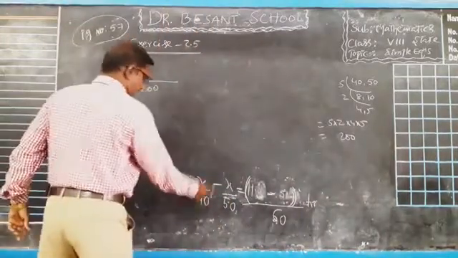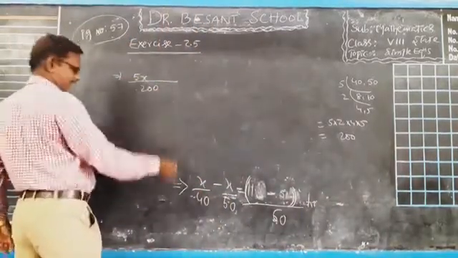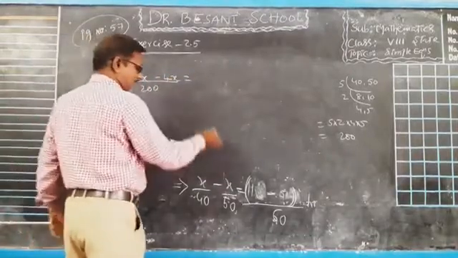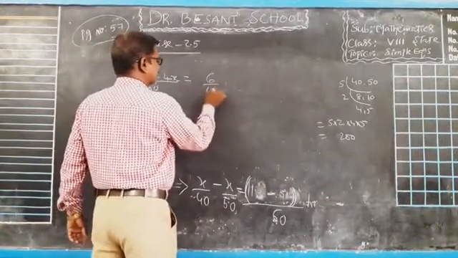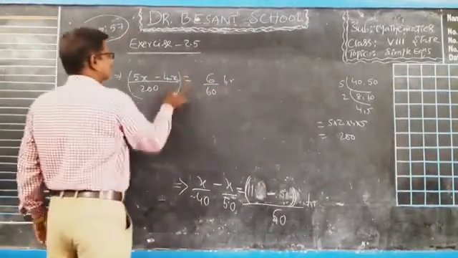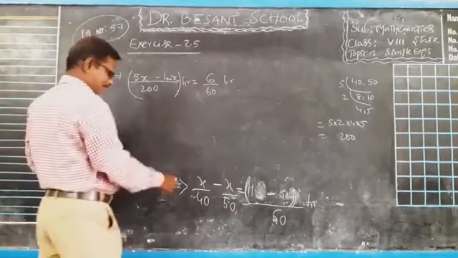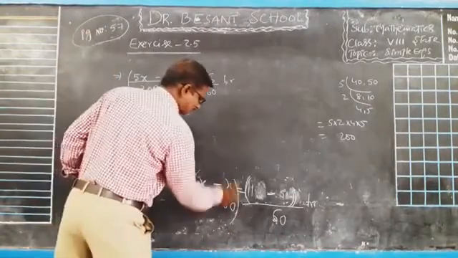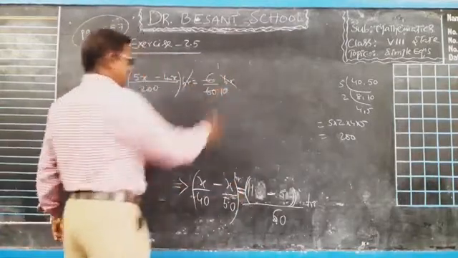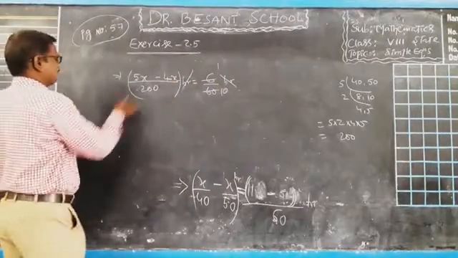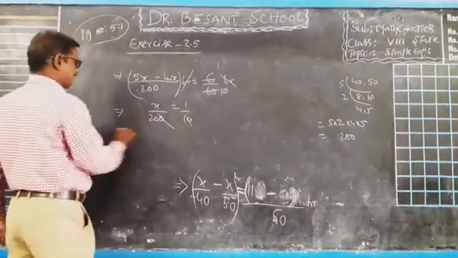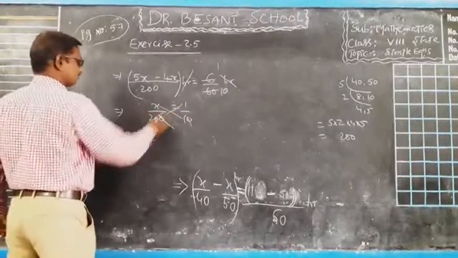Now observe. 40 times how much is 200? 5s are 200, so 5x. 50 times how much is 200? 4s are 200, so 4x, equal to 11 minus 5, that is 6 by 60 hours. Okay children, now these are all hours only. Why? Because these are the timings. Hours is equal to hours only, so hours cancel. 1 by 10. This is 5x minus 4x, so x by 200 is equal to 1 by 10. Zero cancels, so x is equal to 20.